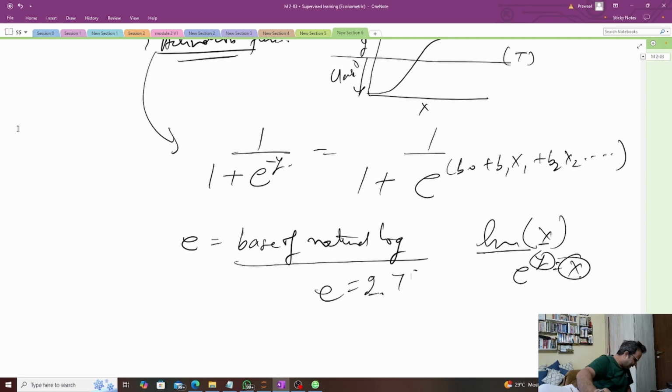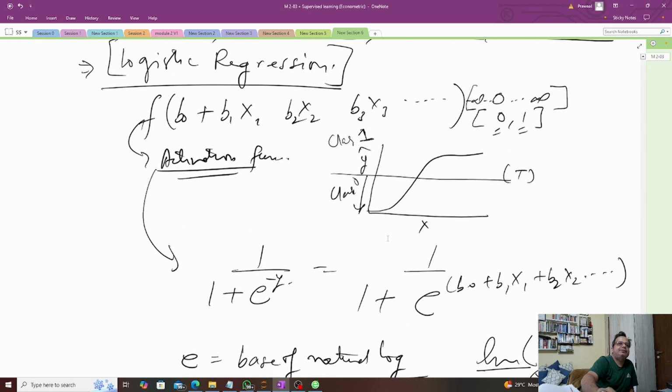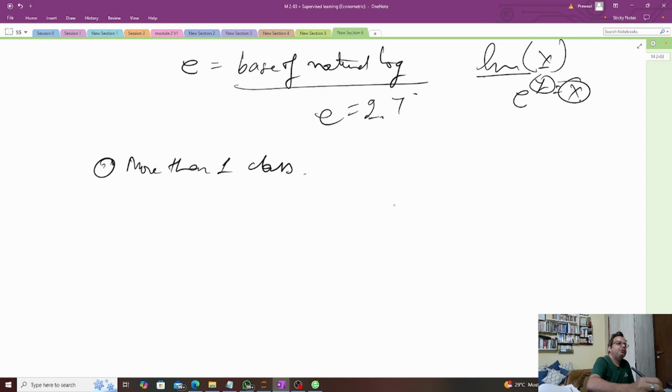But there can be scenarios when there is more than one class. So what happens when there is more than one class? In the above example, we created an S curve and found the threshold value t. If it is less than t, then it is class 0, and if it is more than t, it is class 1. If there is more than one class, which is called multi-class classification,